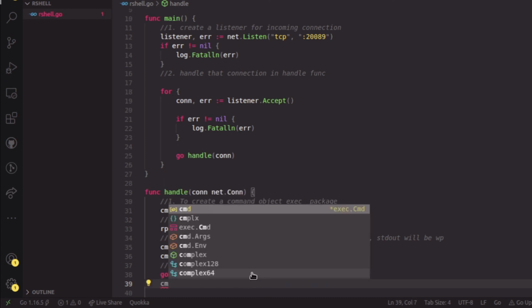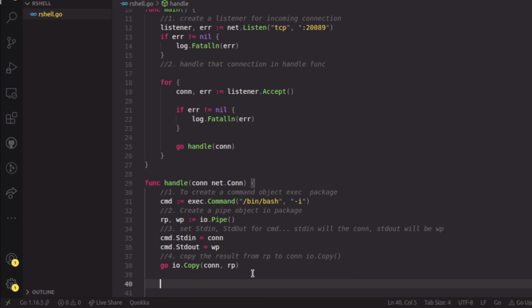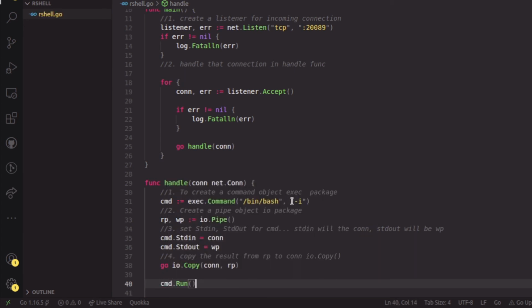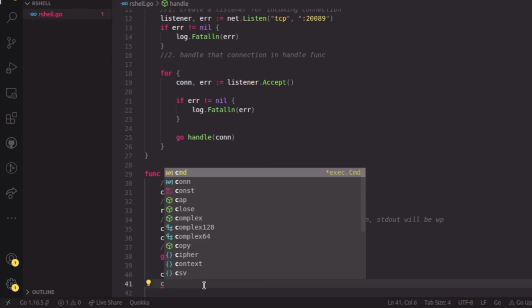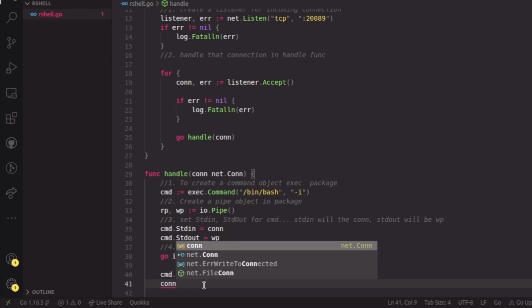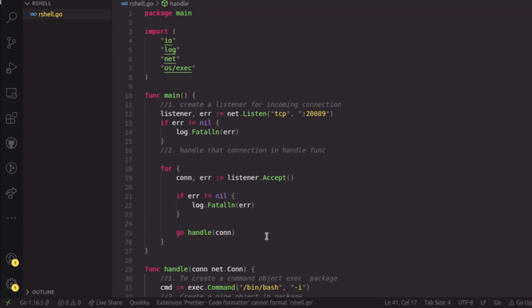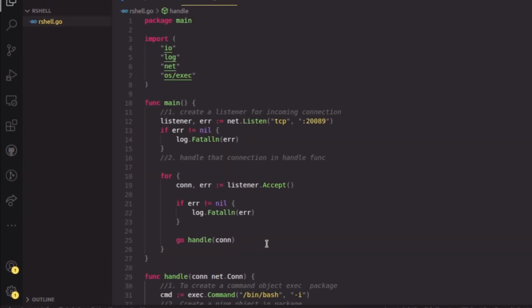At the end we are going to say command.Run. This is going to run the command with standard input and standard output set. And at the end, when we are done, we will say connection.Close. And yeah, we are done. So our remote shell tool is done.